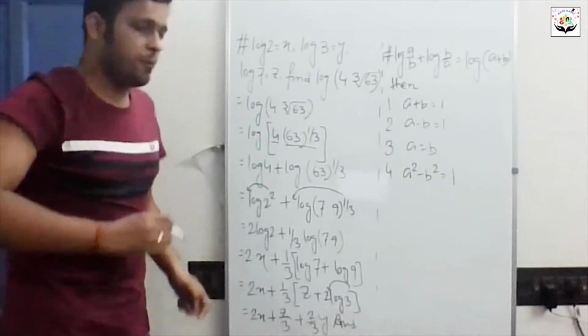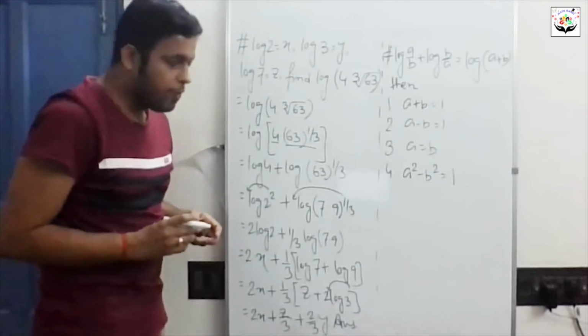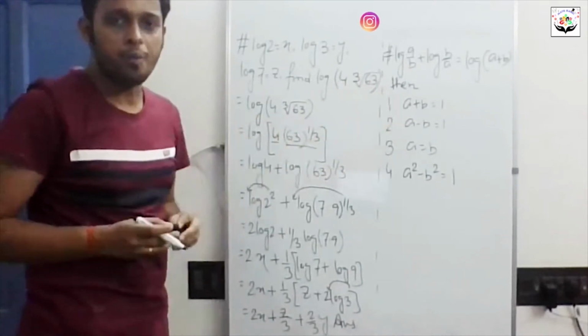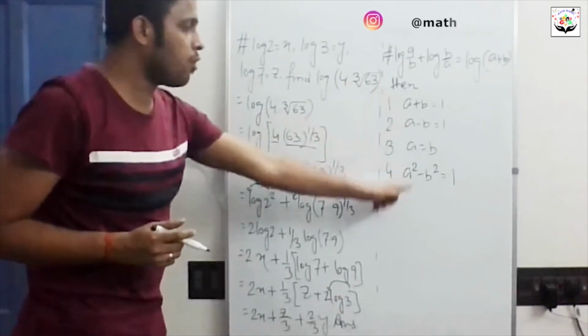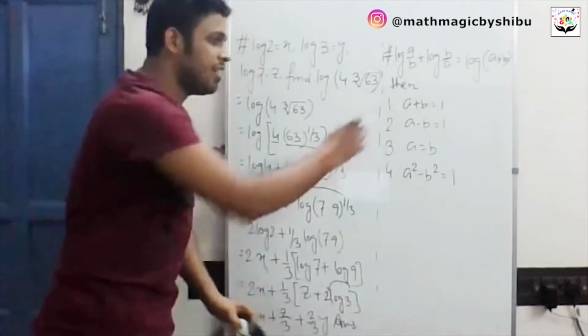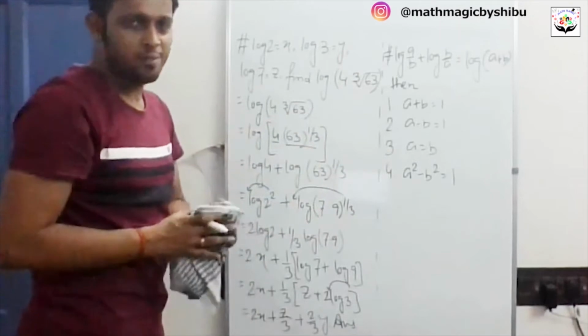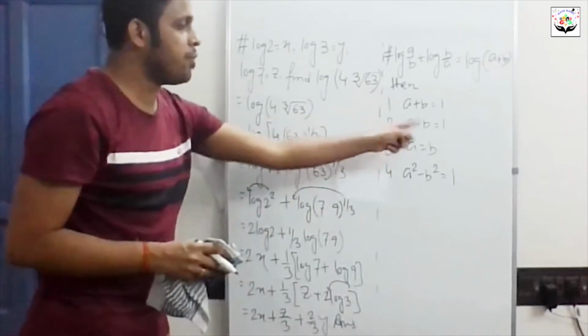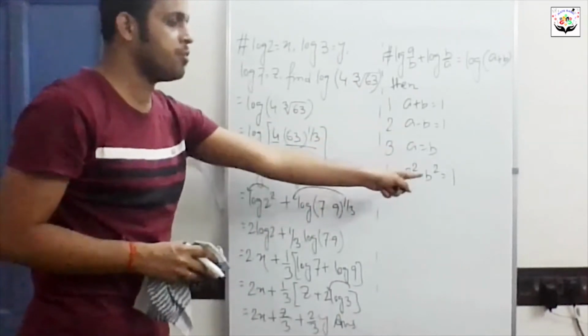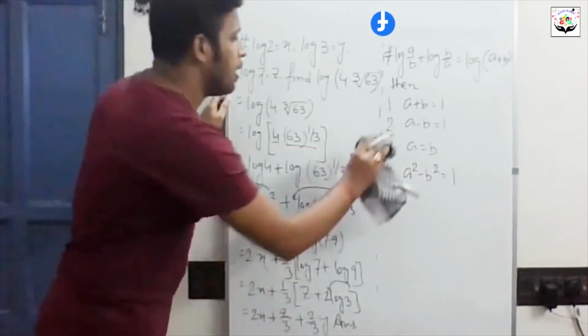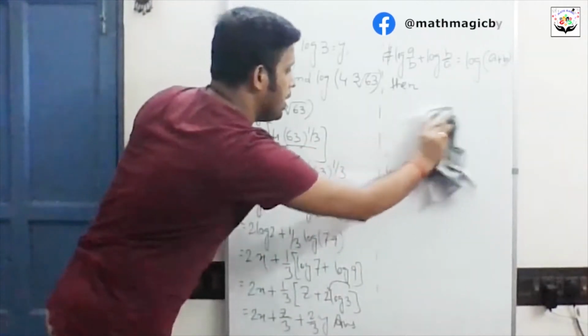Okay, now we will solve this problem. These are the 4 options. You just write these 4 options. I am going to clear it and we'll deduce the problem. a plus b equals 1, a minus b equals 1, a equals b, and a square minus b square equals 1. Okay, now let's start